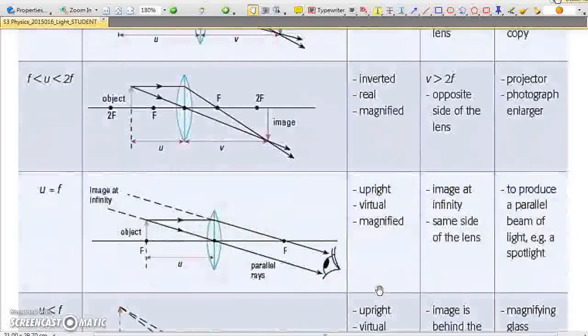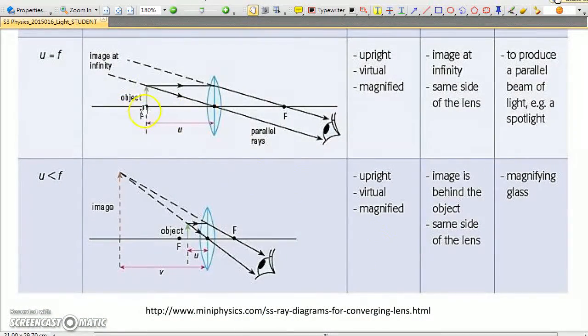And what about if the object is even closer? When the object is at the focus, then the two refracted light rays are parallel, and we say that the image is formed at infinity. However, when the object is even closer, shorter than one focal length from the lens, then the two refracted rays diverge, so that there is an image formed behind the lens. This is an erect, virtual, and magnified image, as in a magnifying glass.